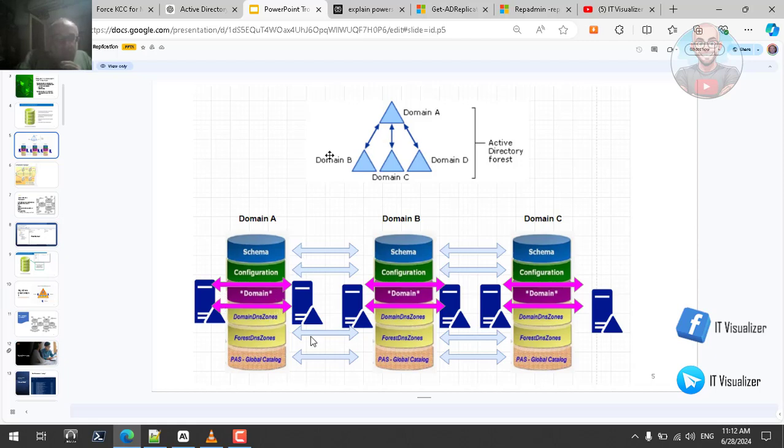As for the forest DNS zones and the global catalog, these are features that are replicated within the whole forest. So this is the forest DNS zone. If you need to locate any domain controller within the forest, this will be used. If you need to locate a certain object within the forest, this will be asked. So these two should be the same on all of the domain controllers in the whole forest. So as we see, it is a very, very simple